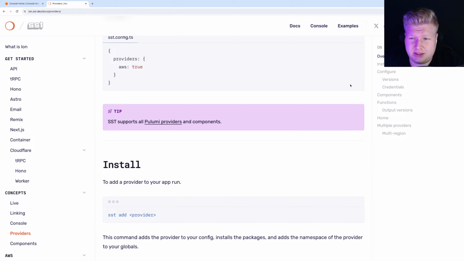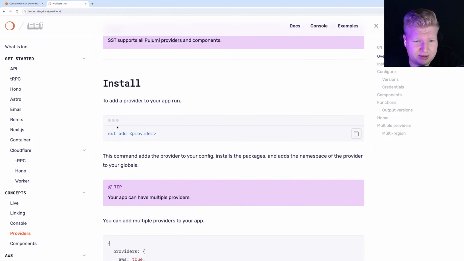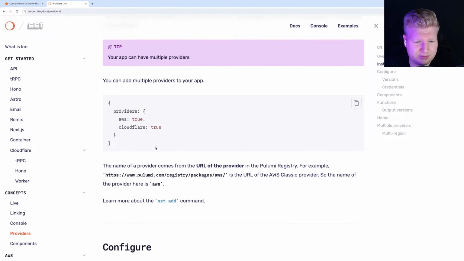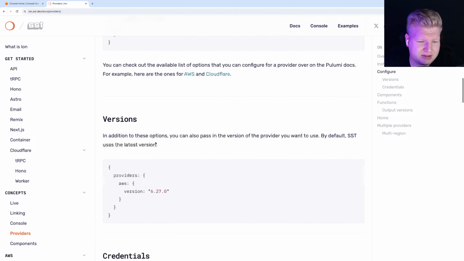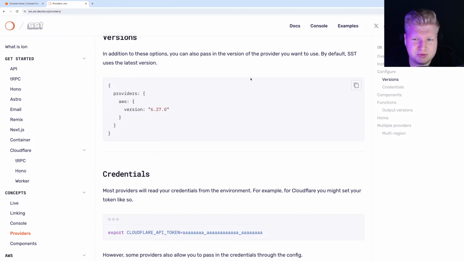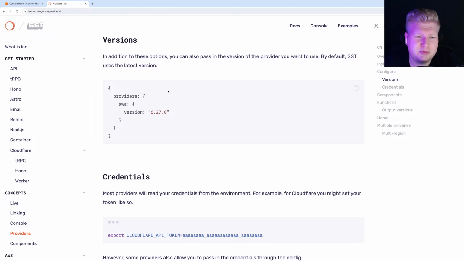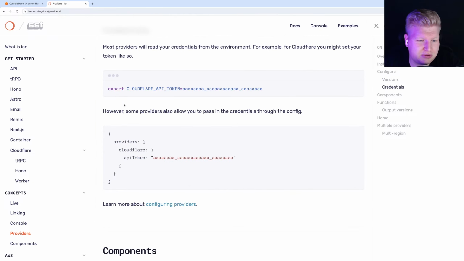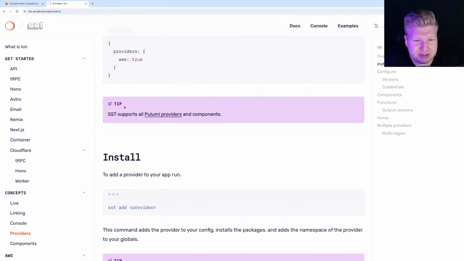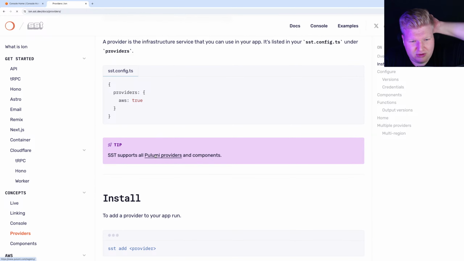Next thing, we have providers. Add provider, Cloudflare. Probably they have just AWS and Cloudflare, right? You can choose what version of the provider. I don't know where the list of the versions is. SST all Pulumi providers.